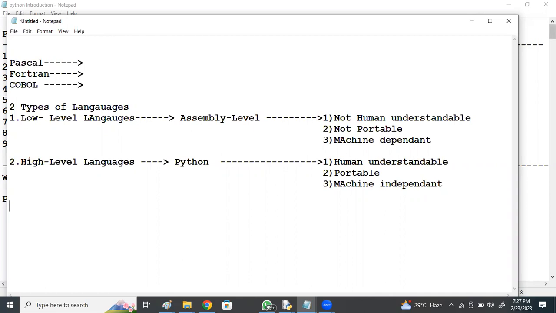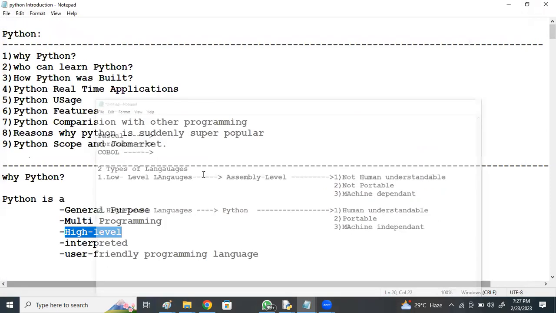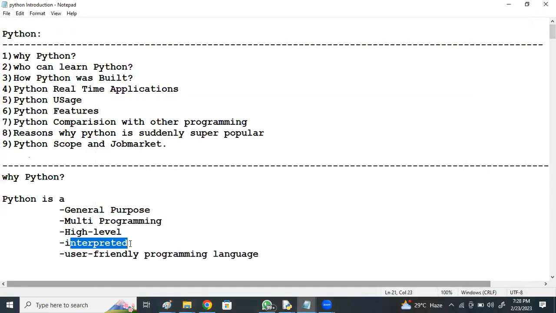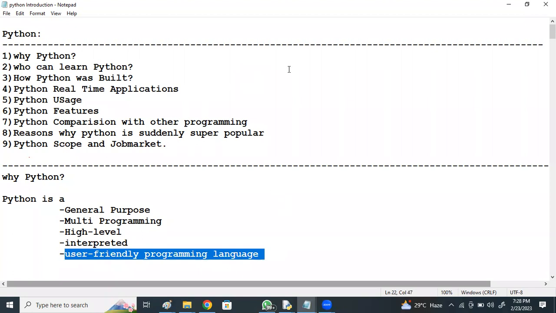Okay, so this is a high level language. Python is an interpreted language, line by line execution, which we are going to see, which makes debugging easy. Python is interpreted, with line by line execution, and is a user friendly, programmer friendly programming language which provides